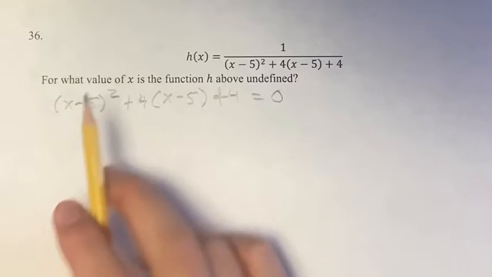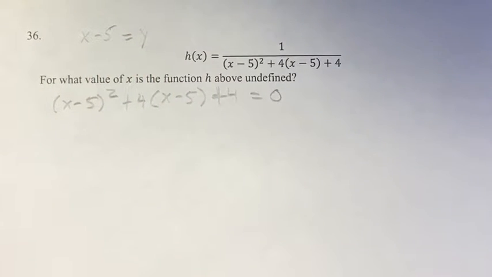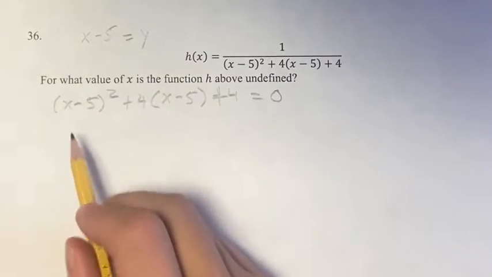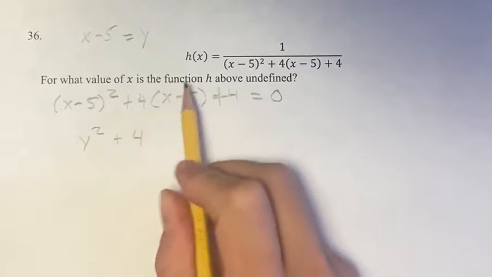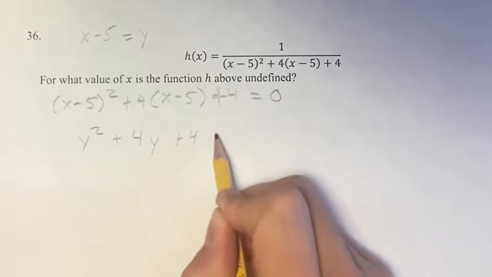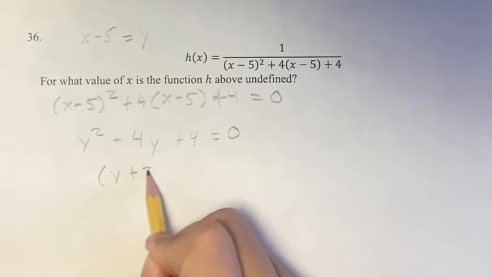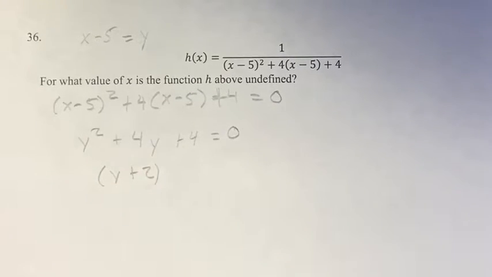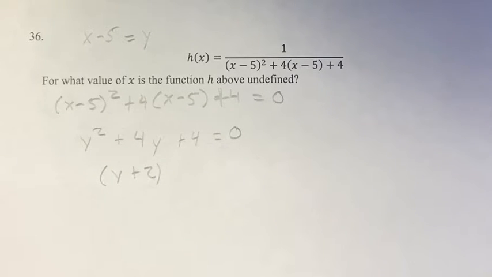If we let x minus 5 be equal to y, how would that change this equation? Well, we have (x − 5)², so that's going to become y², plus 4 times (x − 5) becomes 4y now, again since x minus 5 is equal to y, plus 4 is equal to 0. And this you'll notice is the square of y plus 2. This is a lot easier to solve than this,